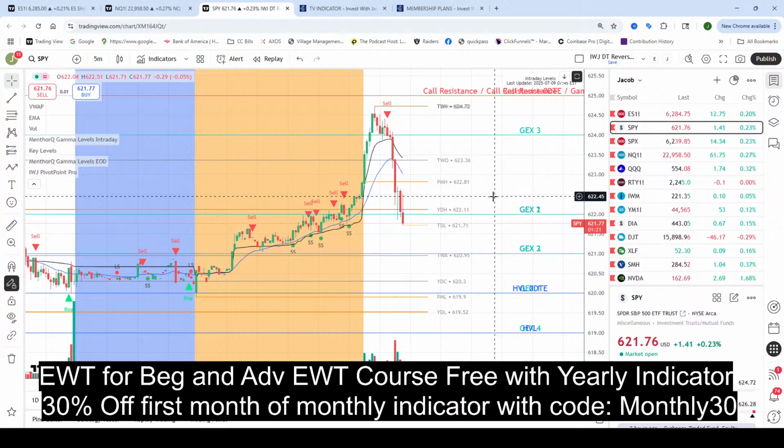A true gap up is when they gap over yesterday's high. That's a true gap up. Any gap up is higher than yesterday's close, or lower than yesterday's close for a gap down. A true gap down is when they take out yesterday's low overnight and open below that. And then a range gap is where they gap down but stay within the range of yesterday. New lows here, again, expecting them to come down and close the gap, at least, but very, very likely hit